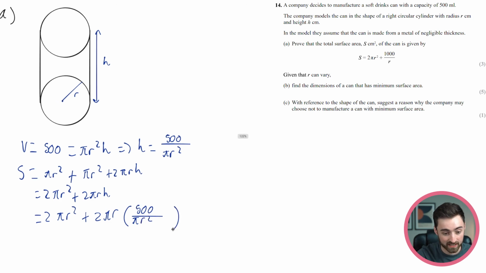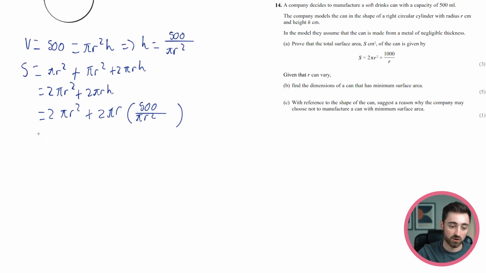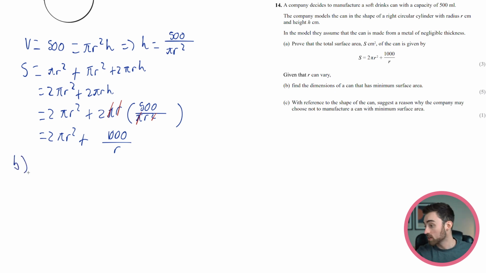Hopefully this is going to be the right answer. So I'm going to get 2 pi r squared plus, 2 multiplied by 500 is 1,000. Pi over pi, they're going to go. And then r over r squared, that's just going to be basically 1r on the bottom, isn't it? So is that the answer? Yes, sick. Okay, B. Given that r can vary, find the dimensions of the can that has a